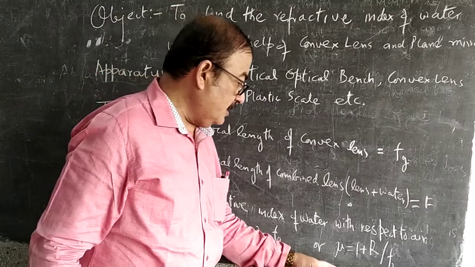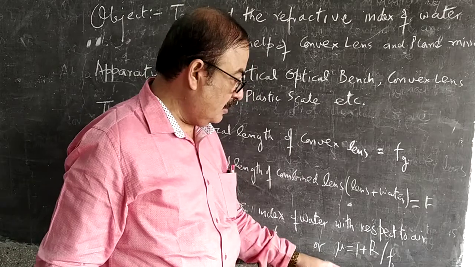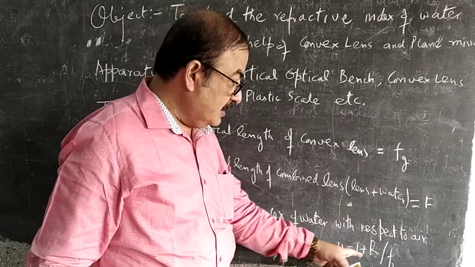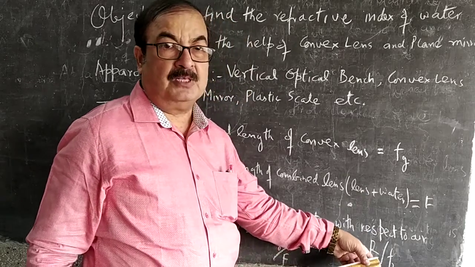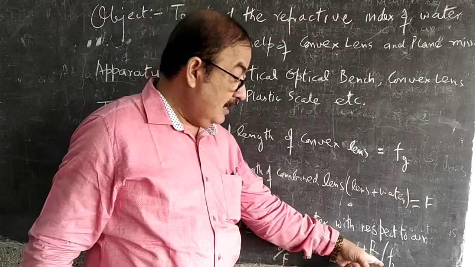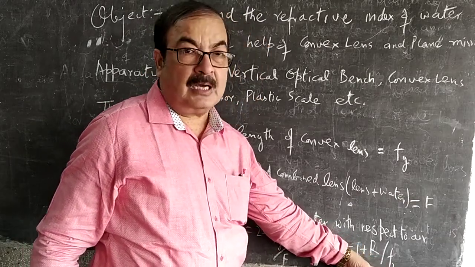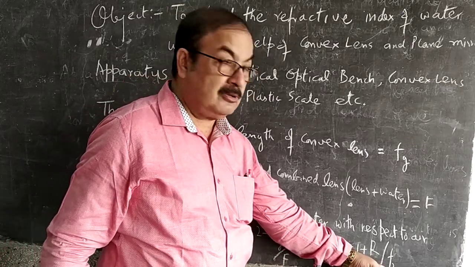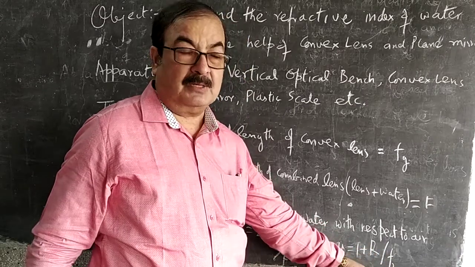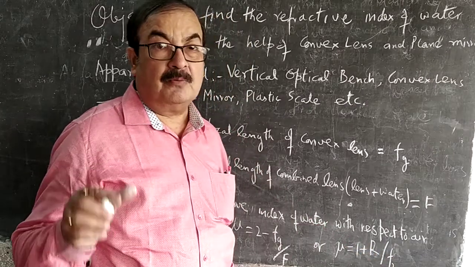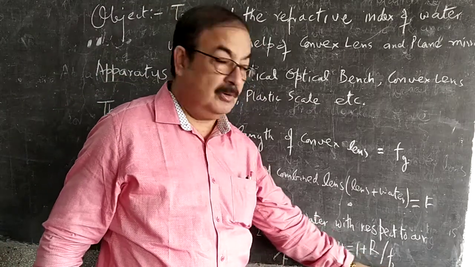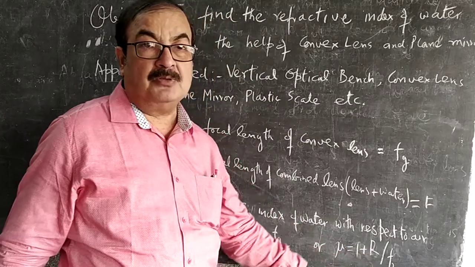There is an alternative method which needs some more things to find. Mu equal to 1 plus R upon F2. What is R? It is the radius of curvature, for which we need a spherometer in addition to all such things. F2 is determined by means of calculation, because it is the focal length of water lens. It is not the focal length of combined lens or of just the lens, but the focal length of the water lens, which is formed between the lens and plane mirror. But this can also be determined by means of calculation. R is determined by means of spherometer.